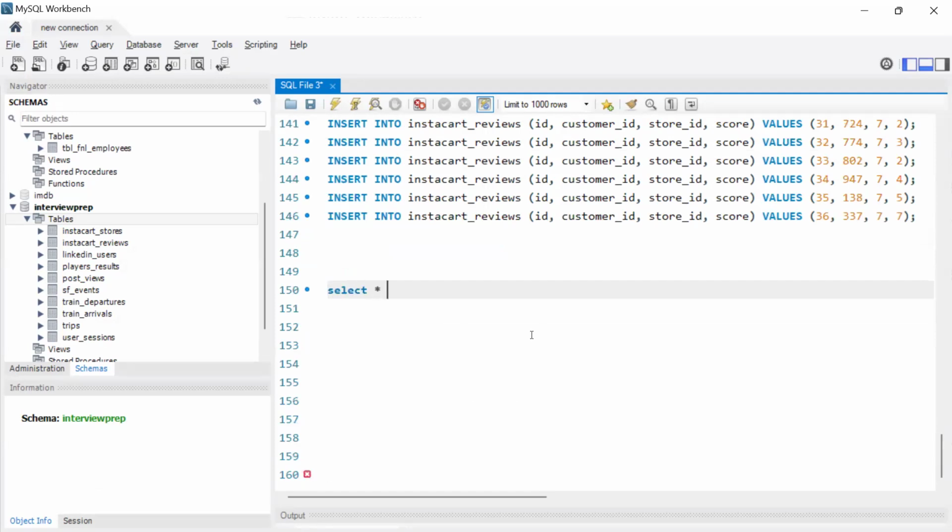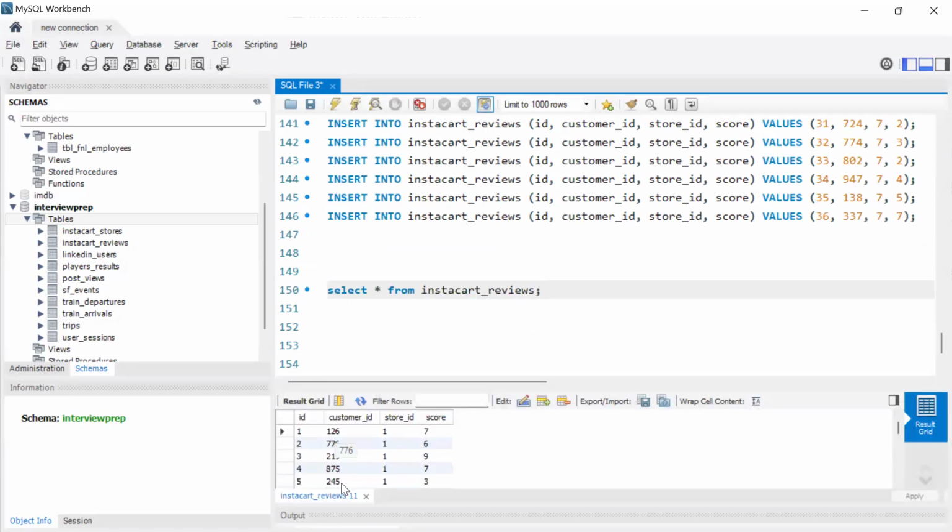Select star from Instacart reviews. Here you can see that we have the ID of the review, customer ID, store ID, and score, right? And if I go to the second one,